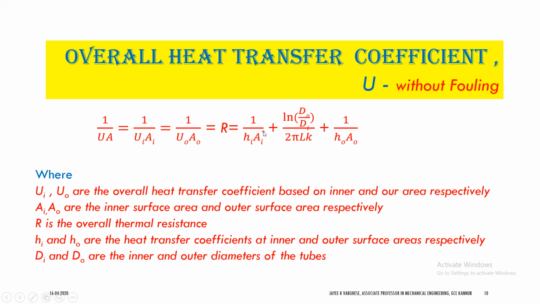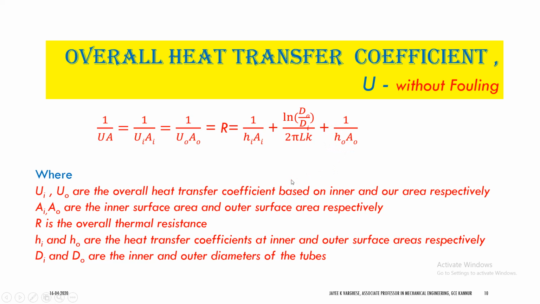One important thing is that in certain cases, if the HI and H out values are also not given in the problem, then you have to use the proper equation from the data book to calculate HI, H out, etc. and then use this equation to calculate the overall heat transfer coefficient. It is a lengthy procedure, and for a 10-mark question it will be difficult for you to do. But still, if it's asked, you have to, because the calculation of HI, H out, etc. you can do with the help of the knowledge you gained from the convection module.